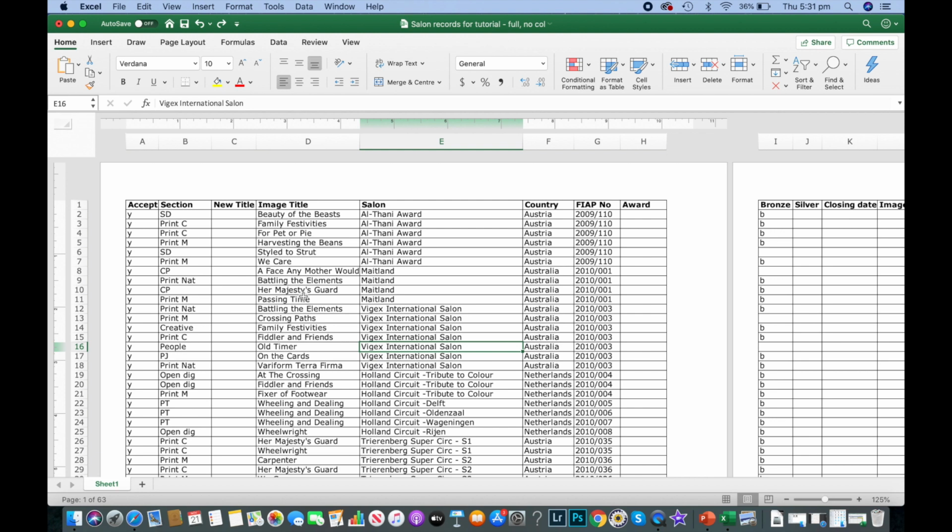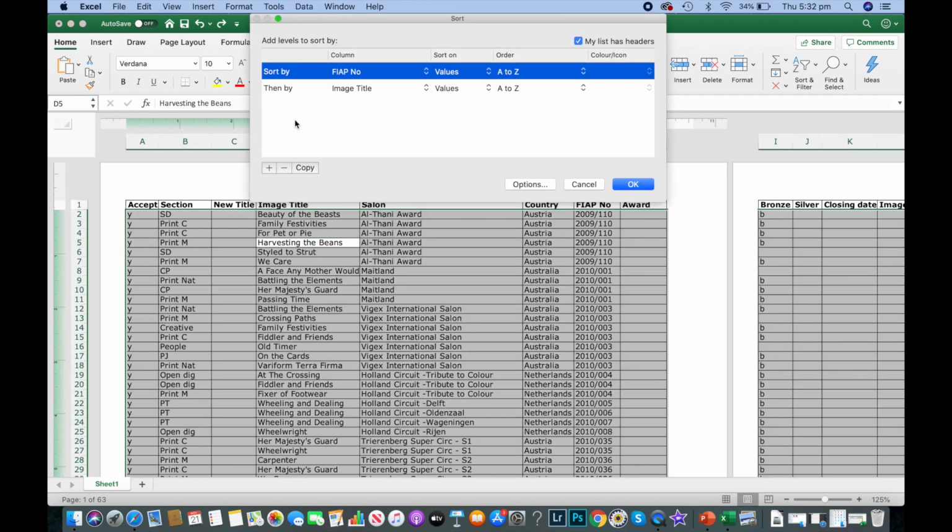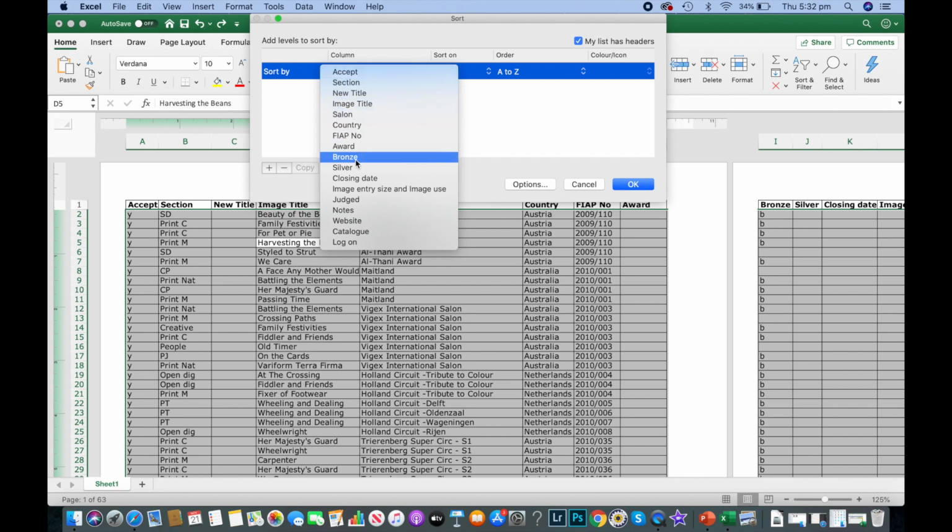If you are seeking a higher cumulative level and wish to use your previous level as your starting base, you need to mark out the acceptances that you have already put on the application to ensure you don't duplicate. Now, whilst that is already marked and this particular spreadsheet has been set up as if it's a silver application and a B has been placed in the bronze column for every result that is already on the bronze application, which we're going to start with, then I would sort according to that column. So put my cursor in one of the fields, hit sort, remove the previous criteria, add the criteria, ask it to sort by the bronze column,